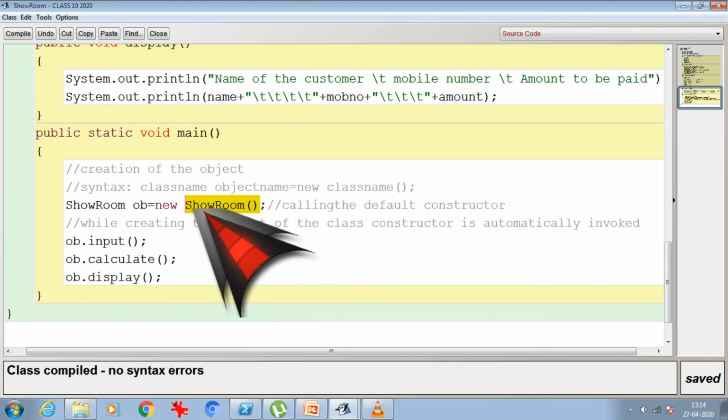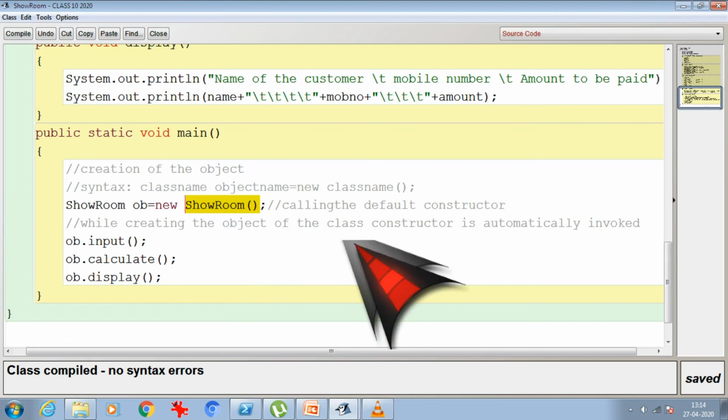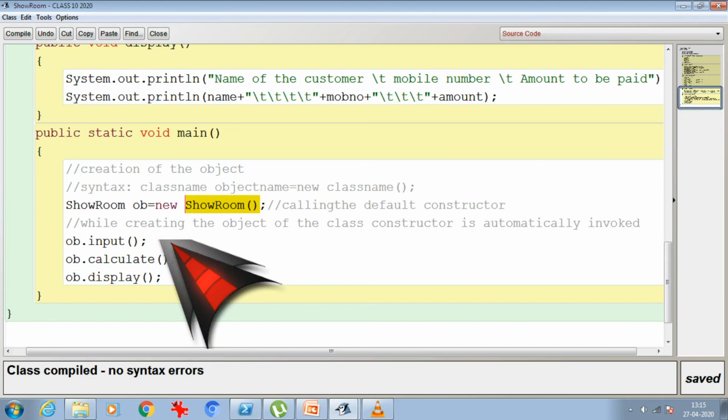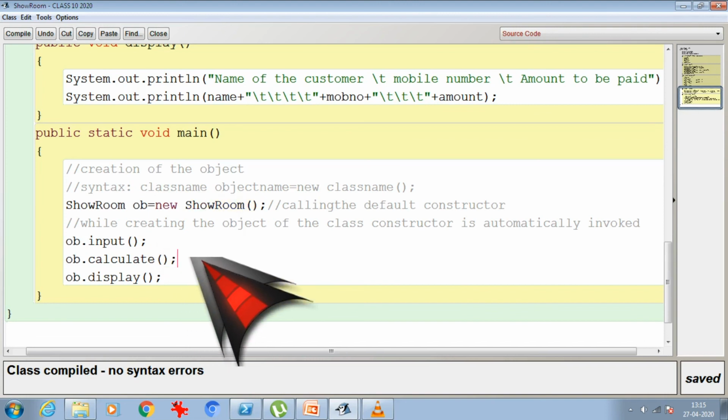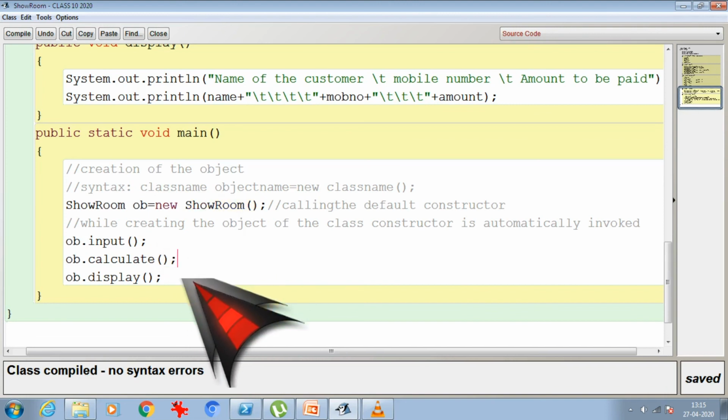Okay, as showroom has no argument inside it, it means I'm calling a default constructor. But if there had been any parameter values inside it, it would mean that I'm calling a parameterized constructor. Then I'm calling input, then calculate, and then display.